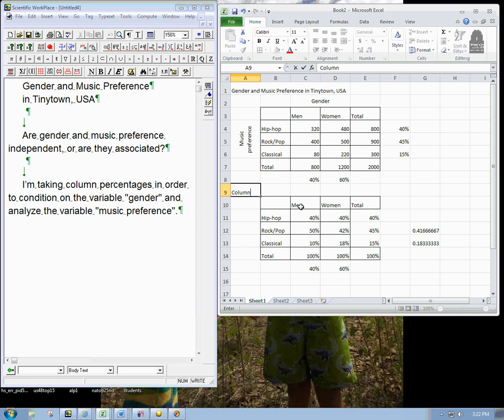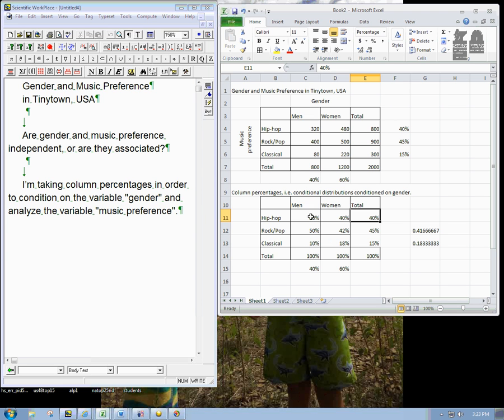So here's the column percentages, i.e. conditional distributions conditioned on gender. Okay. So it's interesting that rock pop, we get the same number exactly, and then of course that's definitely the same number as the total. Sorry, hip hop, not rock pop. Rock pop, though, there seems to be a bit of a difference, and classical, there's actually a very significant difference. This number is almost double this number.